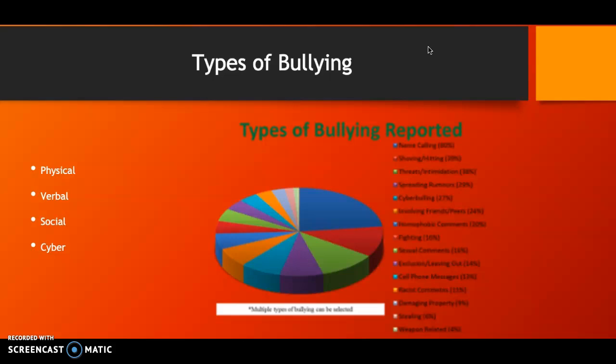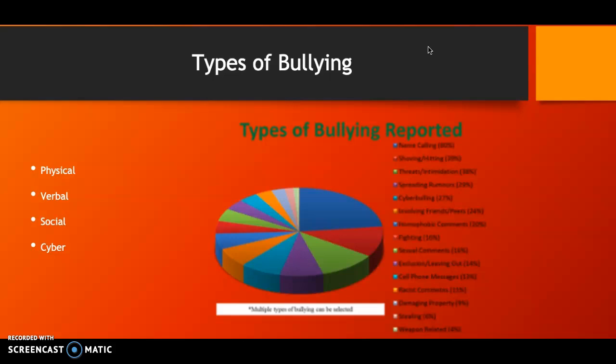There's also verbal bullying. This type of bullying involves things such as sexual comments, which are more often reported by girls than boys, but are an issue across the board. There's also issues such as racist comments and homosexual remarks. Students may also receive verbal threats and verbal intimidation from others as a form of verbal bullying.